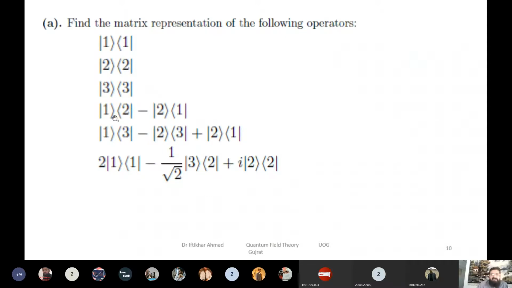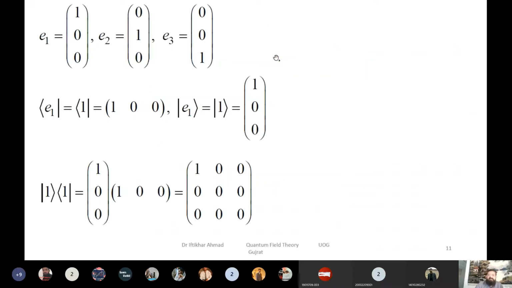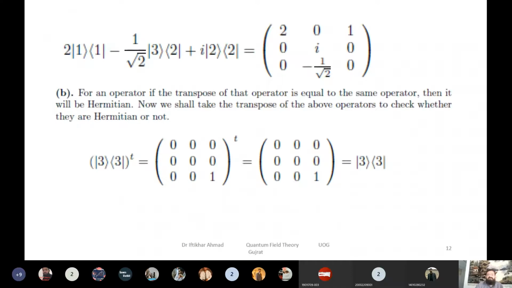And okay, the third one and the fourth one and the fifth one, you can also prove this. Okay, we are here. When you can find all these values, then you can multiply this, and then you can also get this expression. Okay, at home you can try to get this expression also.